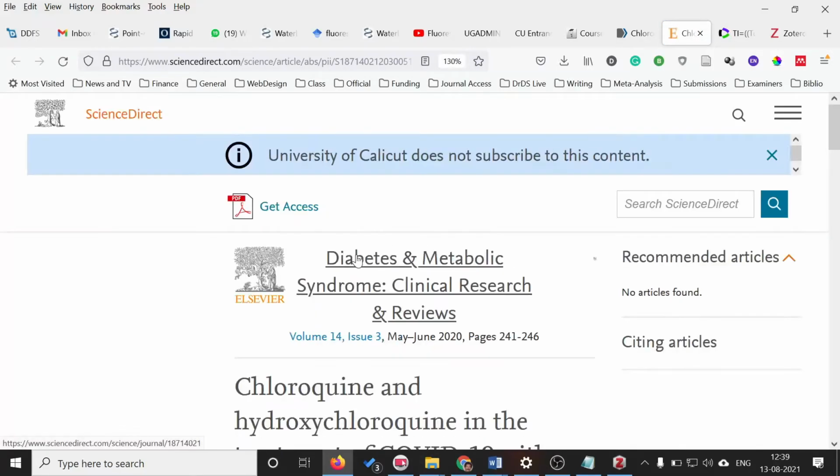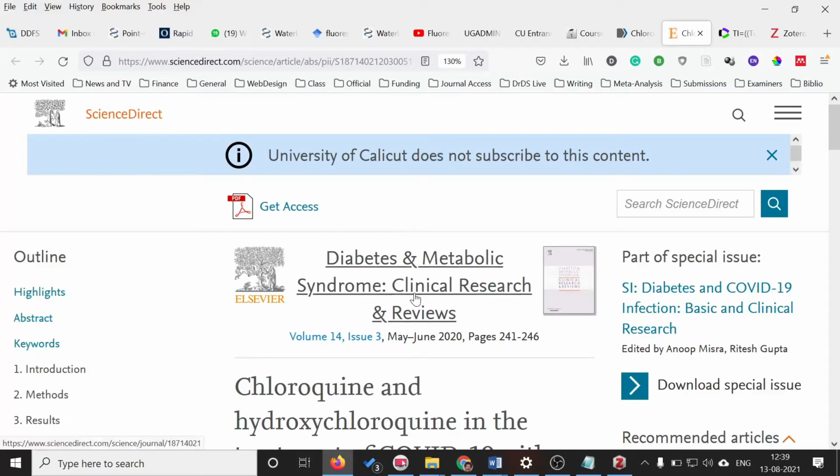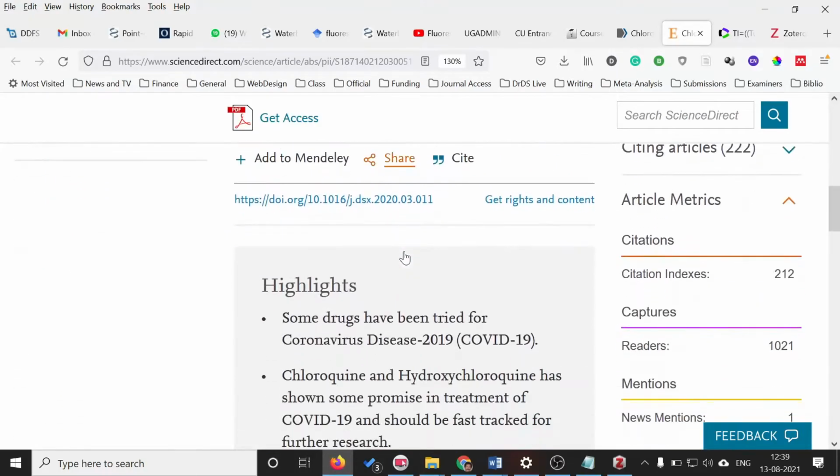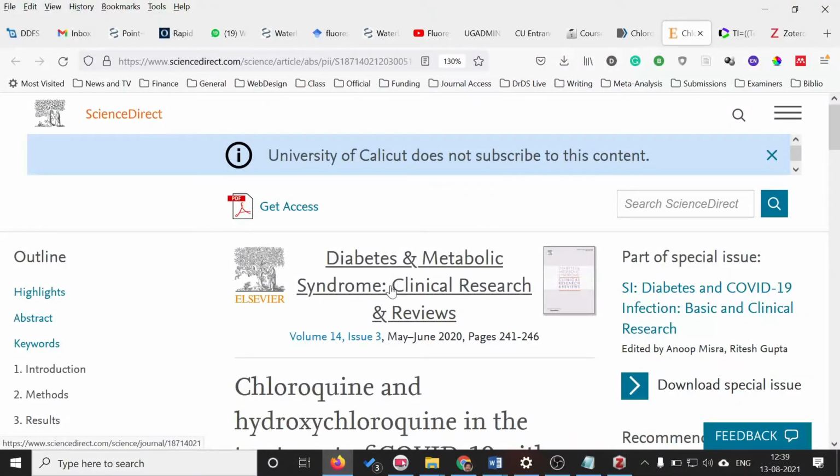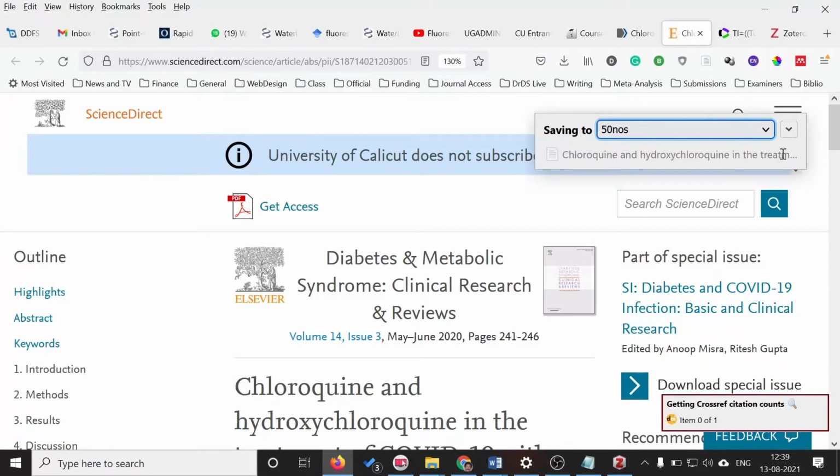Instead of going through these libraries, you will be actually visiting a page like Science Direct, the original journal site where the article is present. If you are on this site, then also you can click on this icon. It will be directly saved. This article and the correct article citation will be directly saved. Say it is already saved.